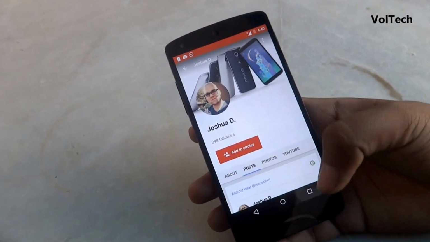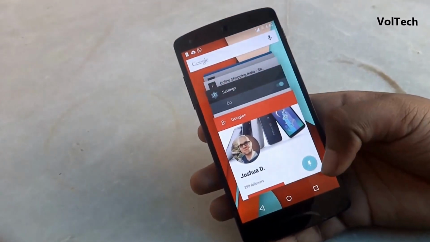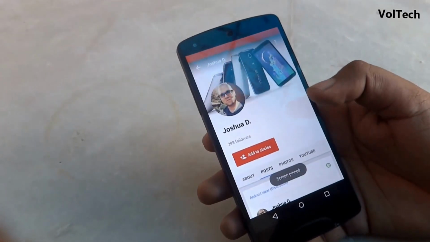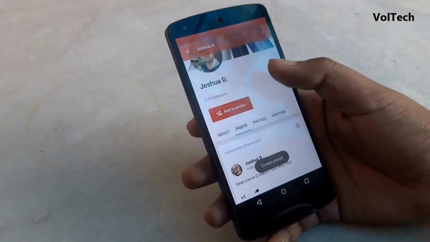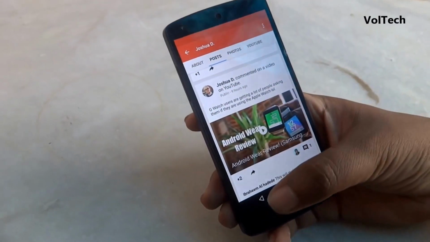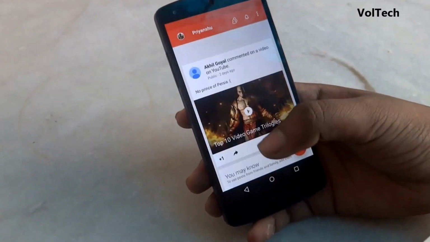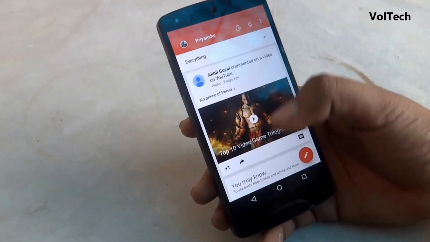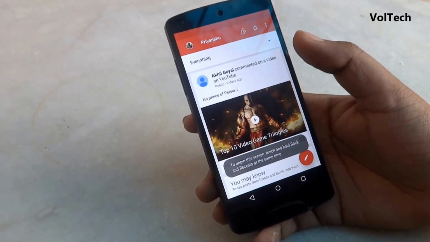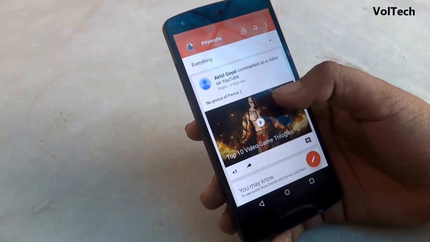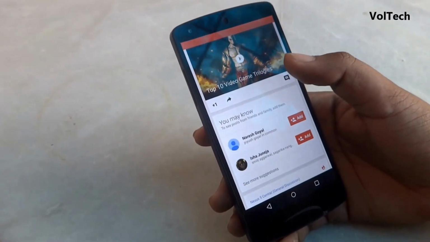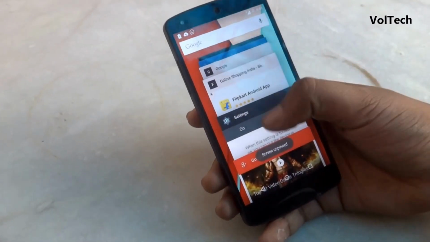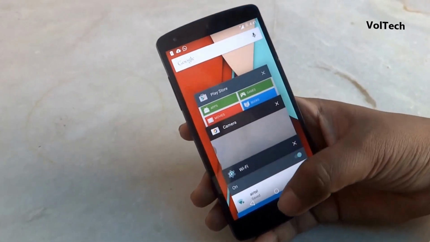So I go to multitasking again, and I get this option to pin. If I click on this, it will pin this app on my screen, so I won't be able to change. Suppose when I click back, it will still remain on Google Plus, it won't exit Google Plus. It says that to unpin the screen, touch and hold back and recent apps at the same time. Till the time you don't do that, this app will not close on your mobile. So now if I press both these buttons together, the screen gets unpinned and I can go to other apps if I want.